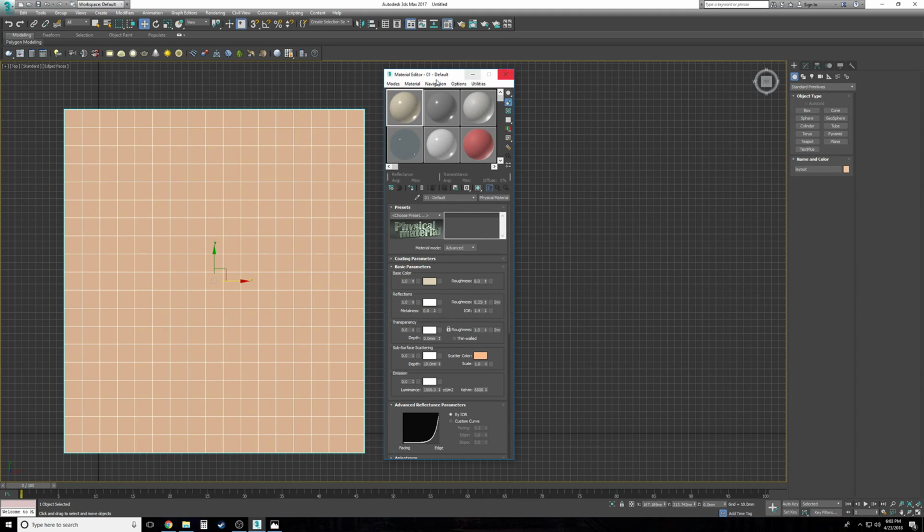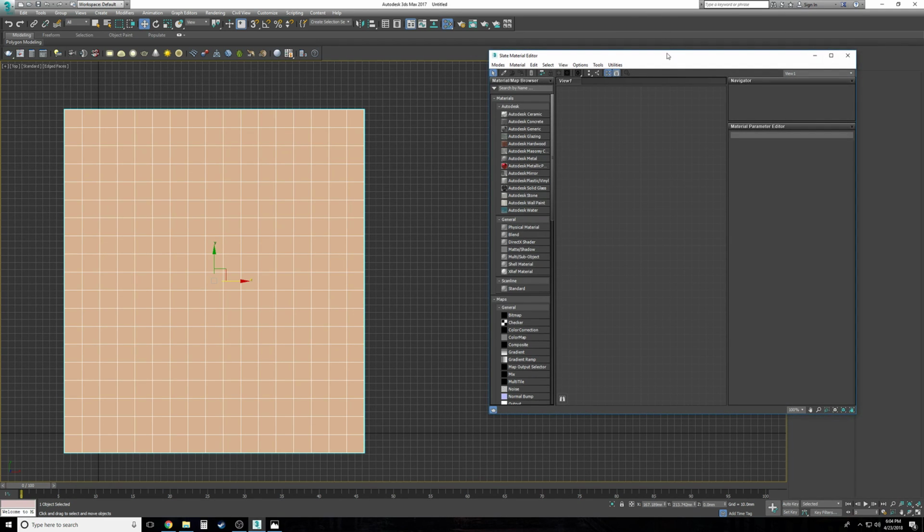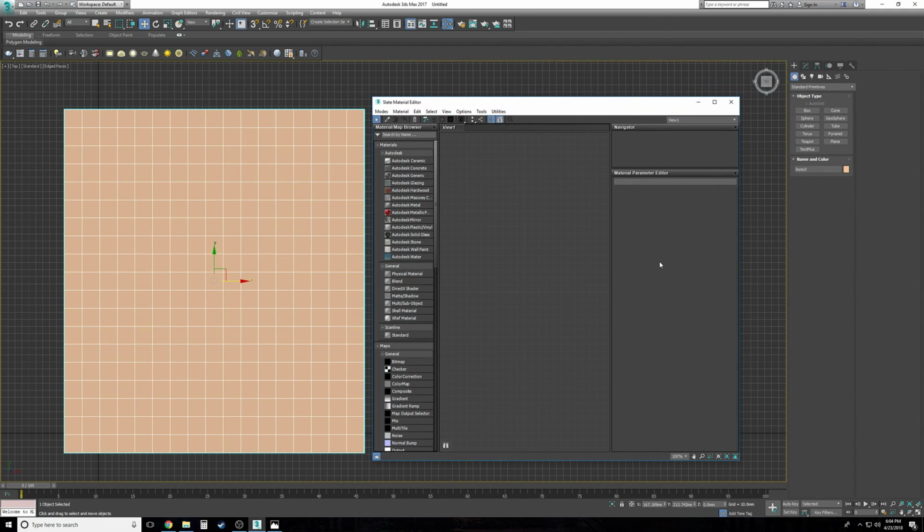Or you go to Mode and go to Slate. And it eventually loads up what needs to be loaded, which is what I prefer. The Slate Editor. It's the exact same thing, but the layout's different, and you have a little bit more visibility on what you can do, and you see how all the material shaders, when you make a texture, come together. But before we go to this, I want to turn on